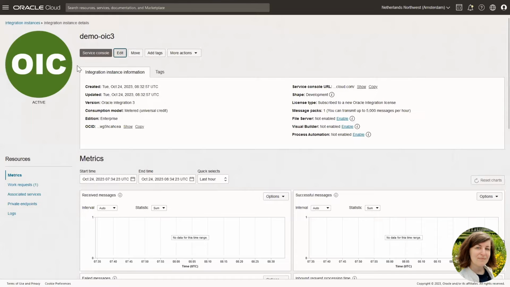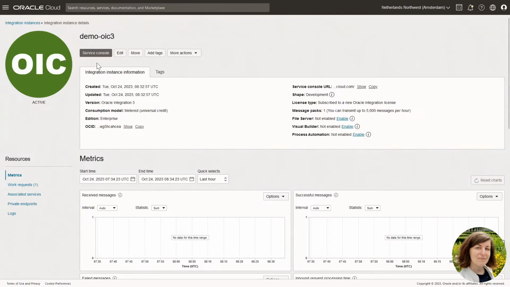All the actions available here from the Oracle Cloud Console can also be accessed programmatically using REST APIs or CLI commands, and also Terraform for provisioning OIC.